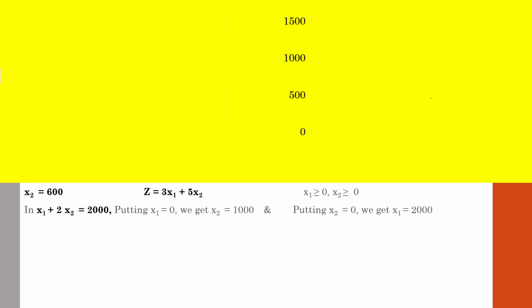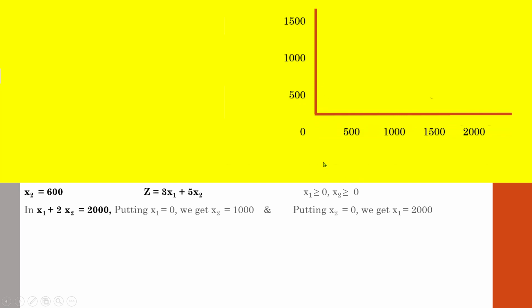So first of all, you will prepare a graph on the base of this one, x1 equal to 0 and x2 equal to 0, that is the x-axis and y-axis. I hope you know how these points have been determined. This is on the base of the values or numbers in the equations. So do it wisely and logically.